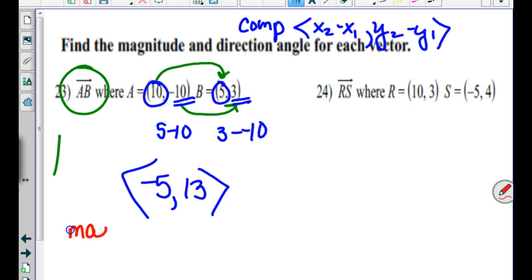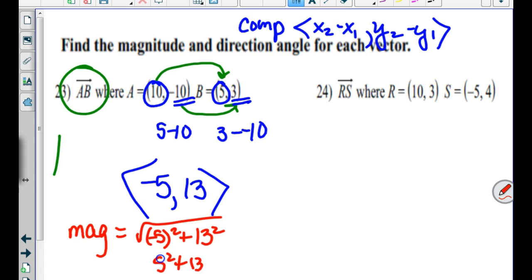The magnitude is the square root of, this is what everybody got wrong, even if they did the first part right. Guys, just leave the negative off when you're doing the Pythagorean theorem. Just type 5 squared plus 13 squared. If you put the parentheses in the wrong place, or you forget one of the parentheses, you get the wrong answer. Literally had 3 people retake that on the last day, and all 3 of them did that wrong. 13.9